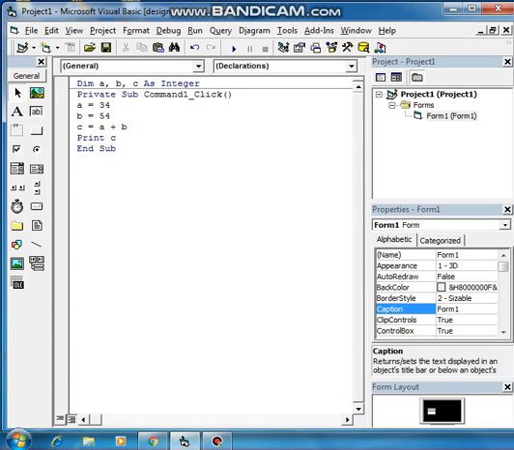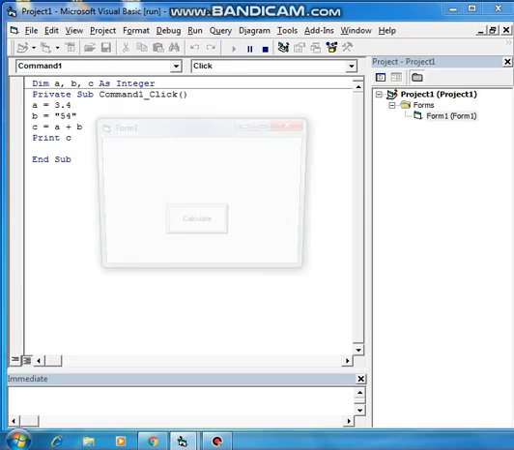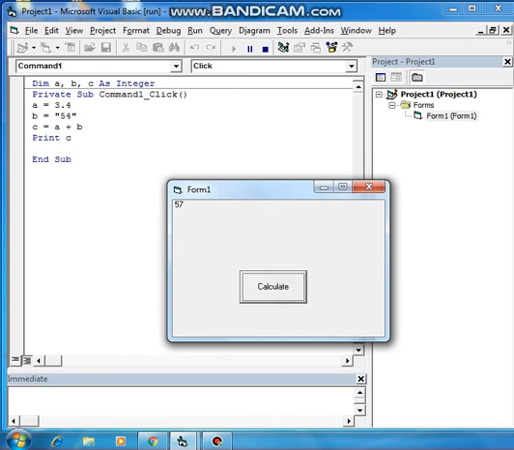Now student, suppose I am removing this line, or in spite of removing, now I am specifying here 3.4. Fine. And here I am specifying, suppose, 54 in double quotes. Fine. So now running the program and checking the result, it is showing 57. So why 57? Because already I wrote as integer, so it is taking this as 54, and this as 3. 54 plus 3, it is showing 57.